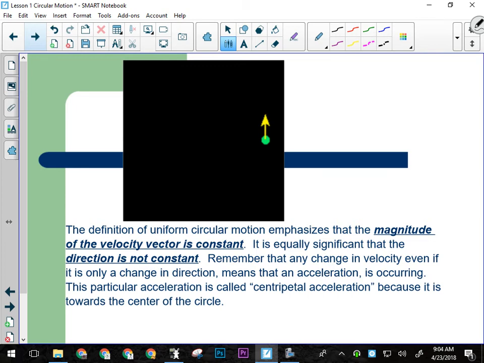Well, that's because now it's the car's door that saves your life, or the window, or whatever. Because your inertia wants you to go in a straight line. But the door, thankfully, pushes you back towards the center of the circle. It's not that you're trying to leave the circle. So if this is the corner, and you're going around the corner, you want to do this, but the window pushes you this way. Regardless of what point in the circle you are, the window always pushes you back towards the middle,